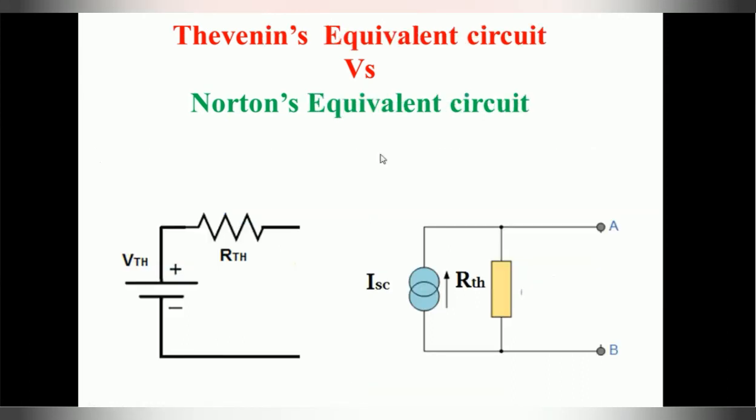And see, this is the comparison between Thevenin's equivalent circuit and Norton's equivalent circuit. Thevenin's equivalent circuit is a voltage source. It has the voltage VTH in series with one resistance. But the Norton's equivalent circuit is a current source. It has the current value and the parallel resistance. So we can replace the current source with a voltage source, or otherwise the voltage source with a current source. So Thevenin's theorem and Norton's theorem are dual to each other. We can replace one circuit with another circuit.